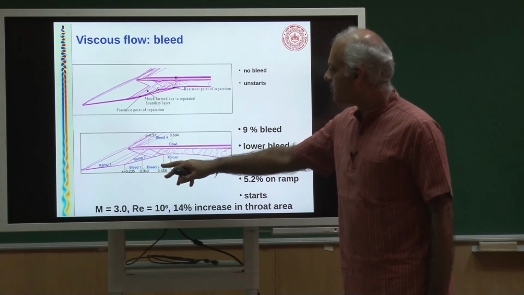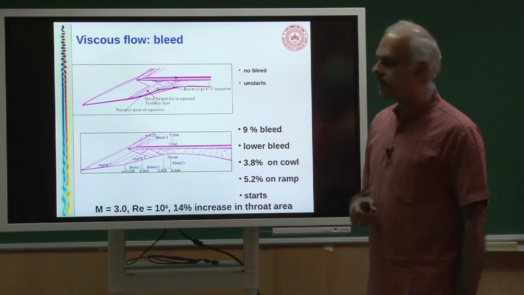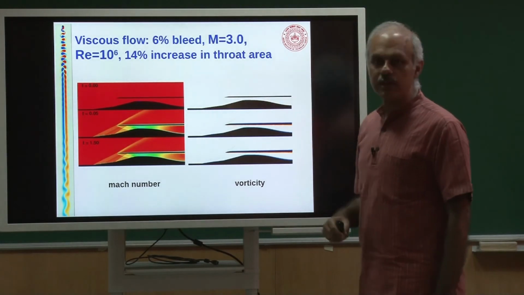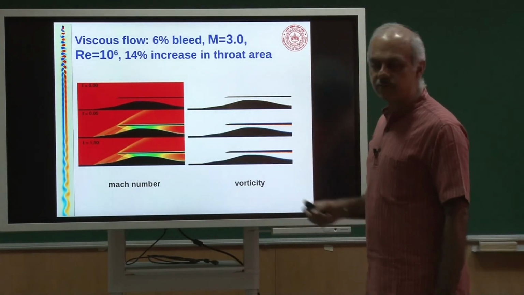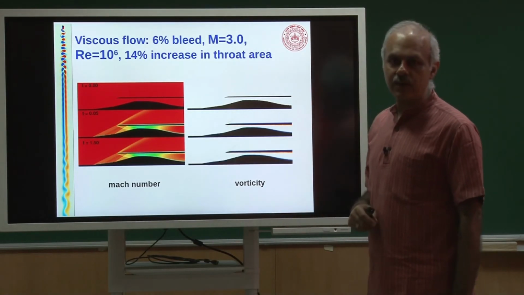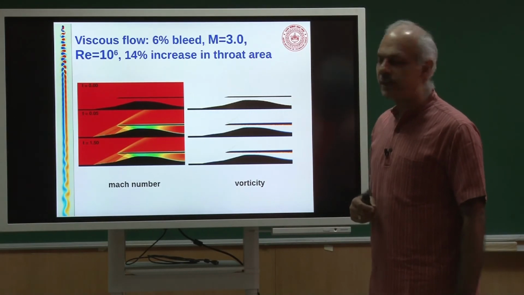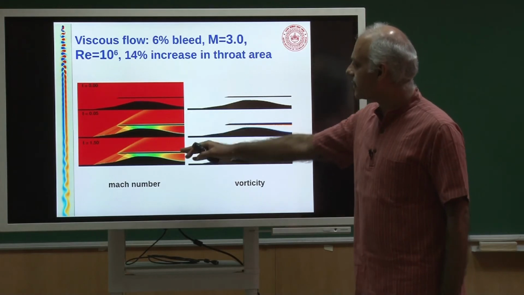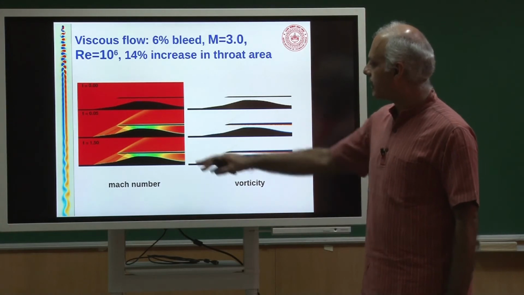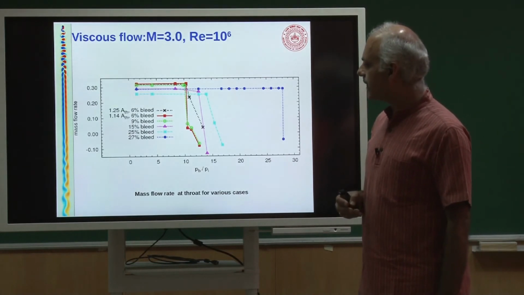So, there are several areas of bleed that have been recommended: first region, second region, third region, and then one on the external cowl. So, once that is done, if we apply 6% total bleed, that means whatever is the mass flow rate that comes in through the engine, 6% of that is actually bled out, and that is common in aircrafts, used for air conditioning, cooling, and so on. And you can see now you get a very nice flow, and you get the desired mass flow rate through the engine. So, this is a picture of what happens as I increase the back pressure.